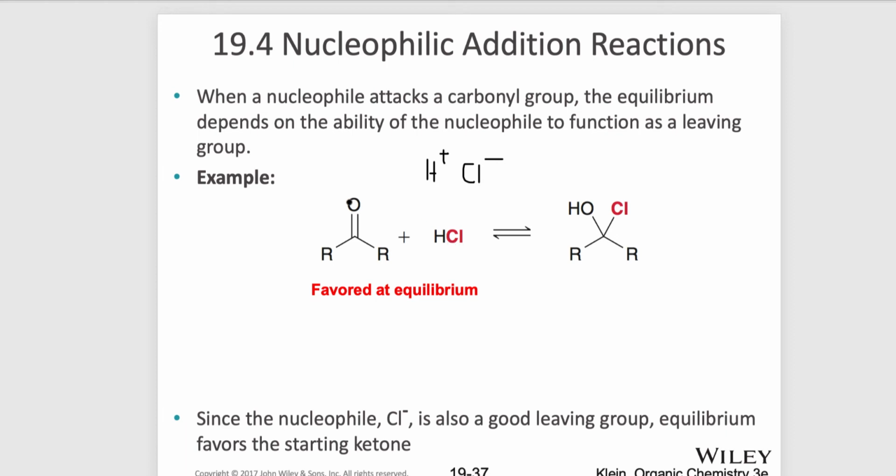The hydrogen ends up with the oxygen, and the chlorine on the carbon atom. And so you can further examine this equilibrium, and there are other aspects to this. So the nucleophile Cl minus is also a good leaving group, and that sometimes makes it difficult to understand the role it might play. On the next slide,